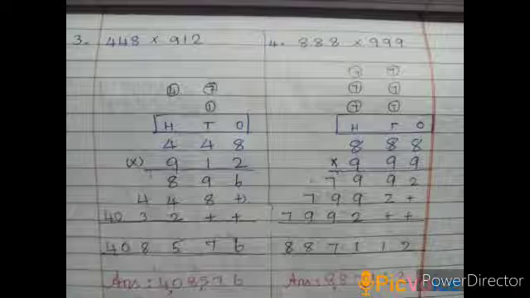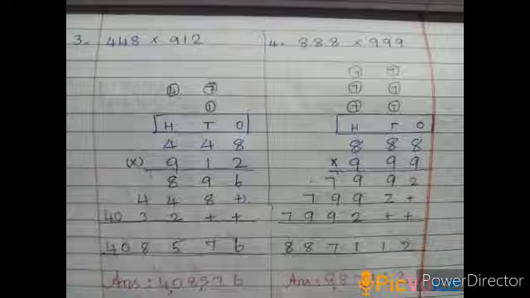Coming to the tens place multiplication, 448 multiplied by 1. So we are going to get 448 again, but start from the tens place. So put a 0 or a plus symbol in the ones place. Next, 448 multiplied by 9. Start the answer also in the hundreds place. So put a 0 or a plus in the ones place and tens place.